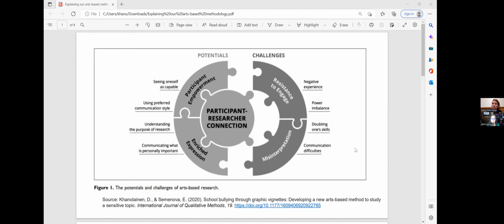Right. Well, that seems like a very valuable approach, and I think there are so many sensitive topics like the one that you mentioned that would be conducive to this kind of study. So we will post the links to your articles with the video, and hope that these ideas will be useful to other